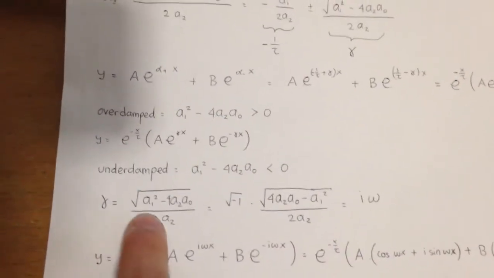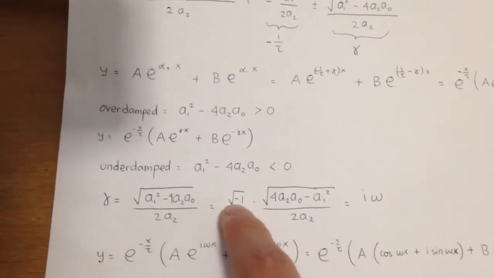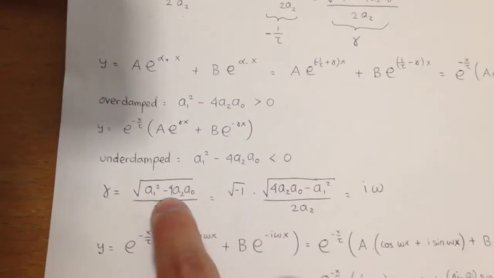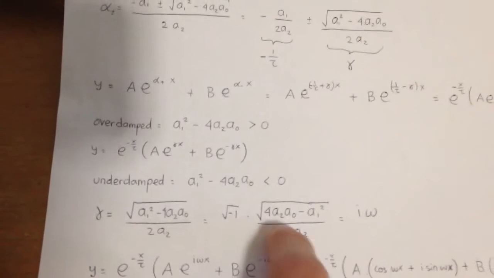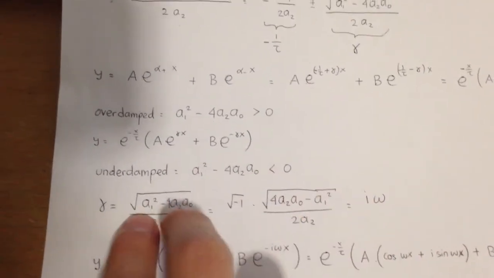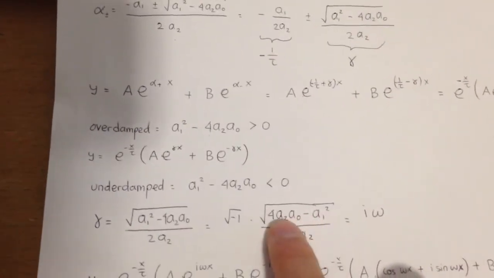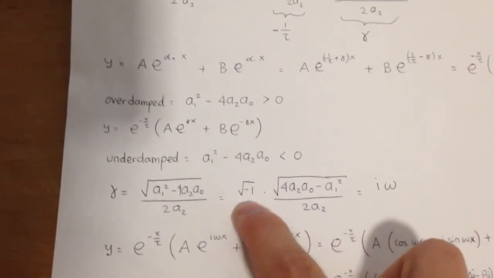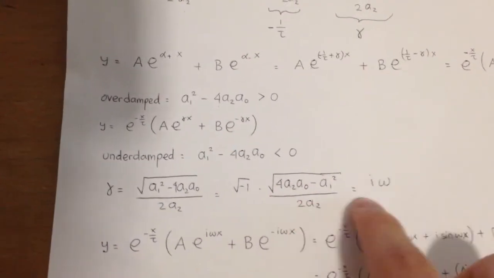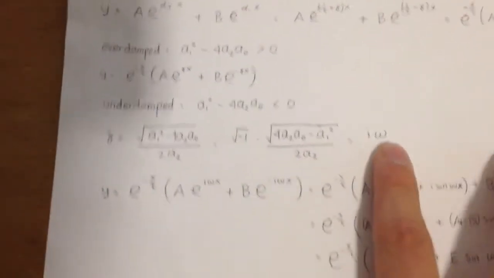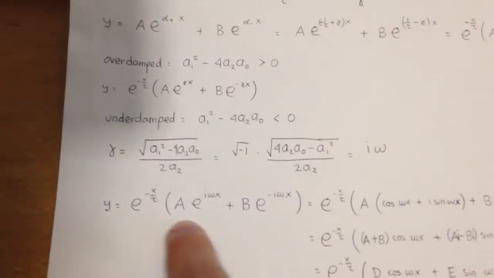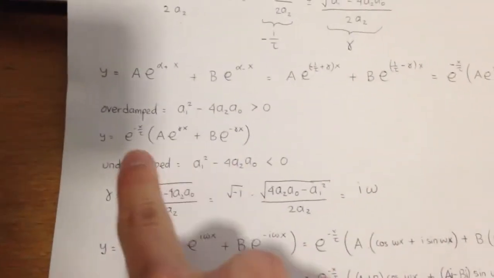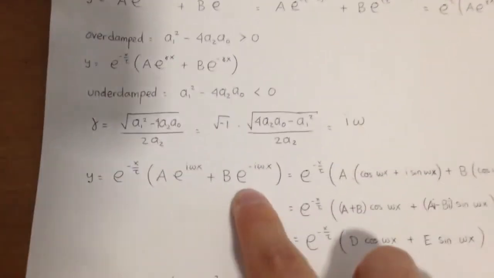And for this case, we can take out the minus 1 from the gamma. So we got root minus 1 and we flip this out. So we will get this as a real number and i. So we can say it's i omega. And by substituting on the general equation here, we get